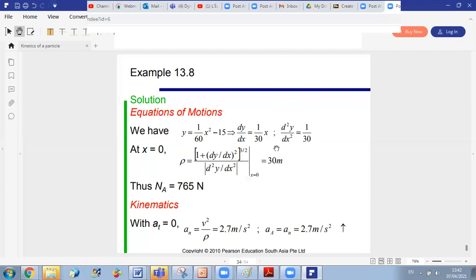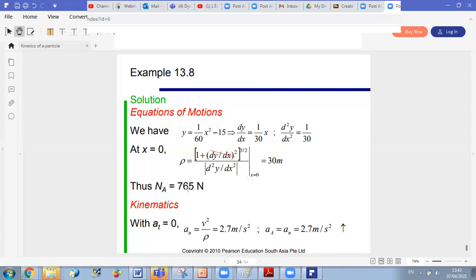So now, in particular, we are interested in point A. A is characterized by x equal to 0, so dy by dx will be 0, and the second derivative will be 1 over 30. If we replace back in the equation, dy by dx will be eliminated because it's 0 at A. You will only have to replace the second derivative by 1 over 30. So rho will be equal to 30 meters. And now, replacing back into sum of N equals m AN, rho by its value,